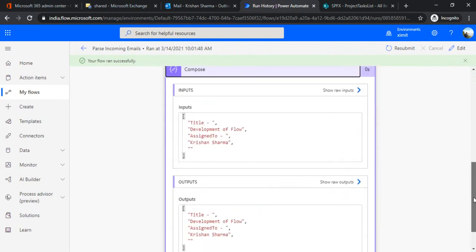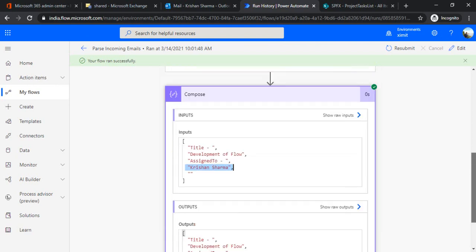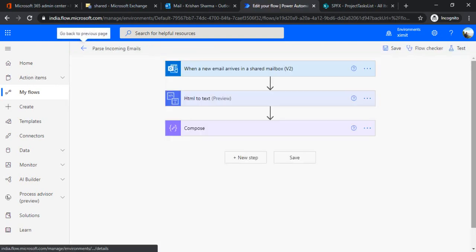In Compose, you can see we got this array, which has title first. In the second index we have the actual title of that task, and in the third and fourth index, we got the assigned to person.